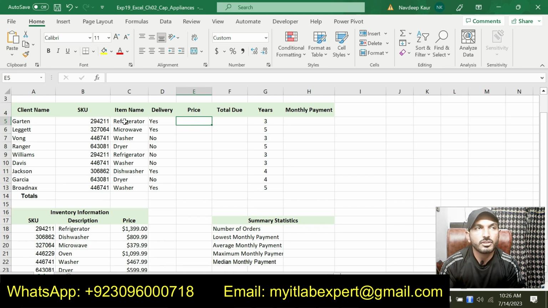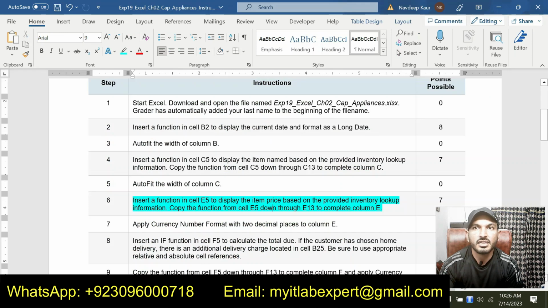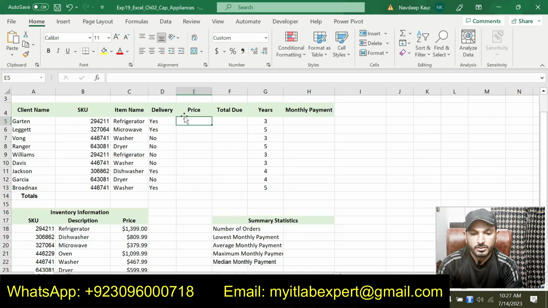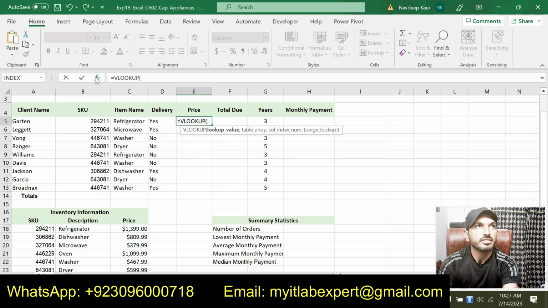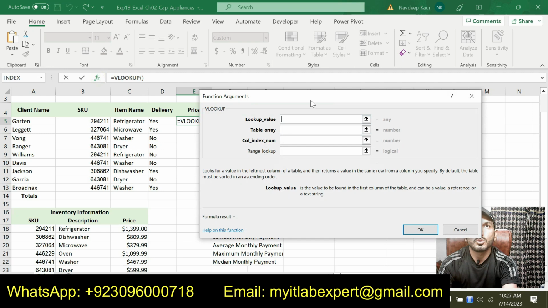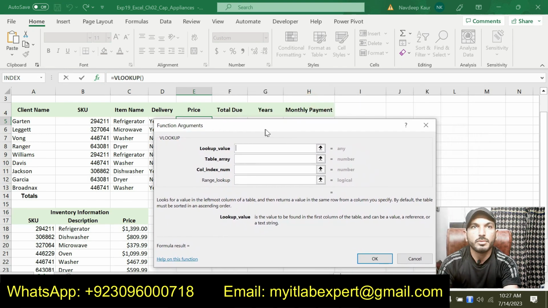Here we were supposed to show the item name, but now we are supposed to show the item price based on this inventory information, and for this we will use a lookup function, and then we will copy the function down to the column E. So type an equal sign and then type lookup, and we will get this lookup function. Then click on this insert function symbol to type the function arguments.